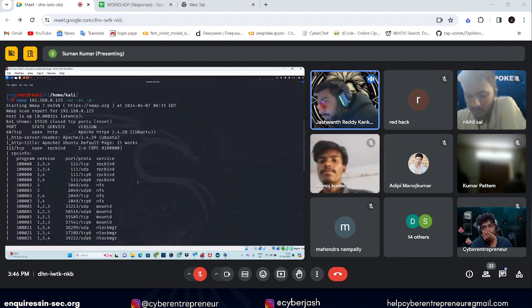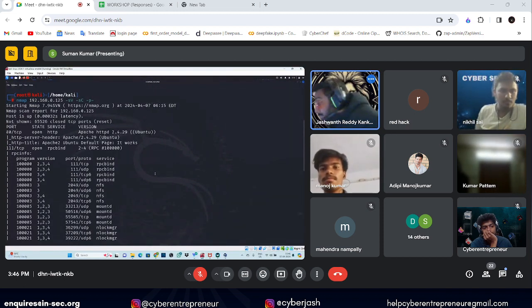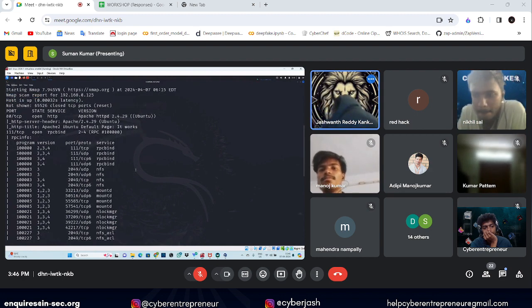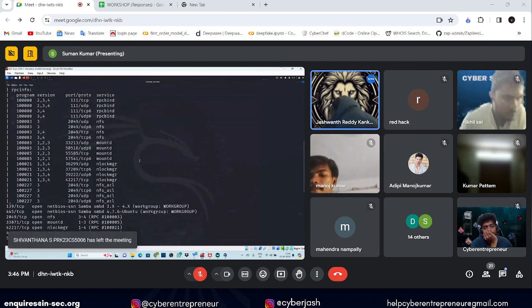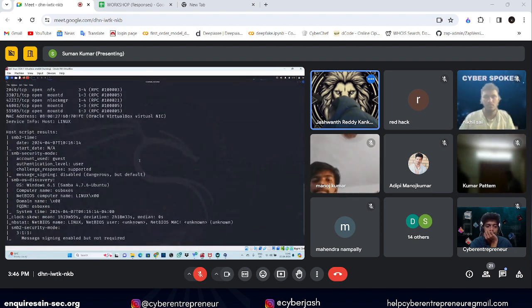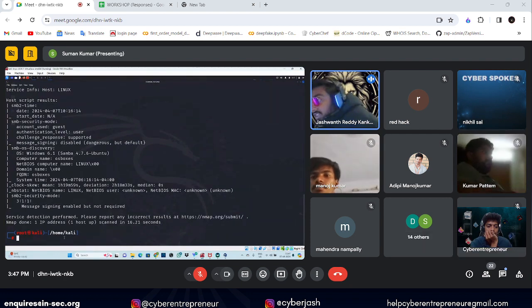There is an Apache server running, and a bunch of other programs running. Now, once you get an nmap scan result, it has a Samba